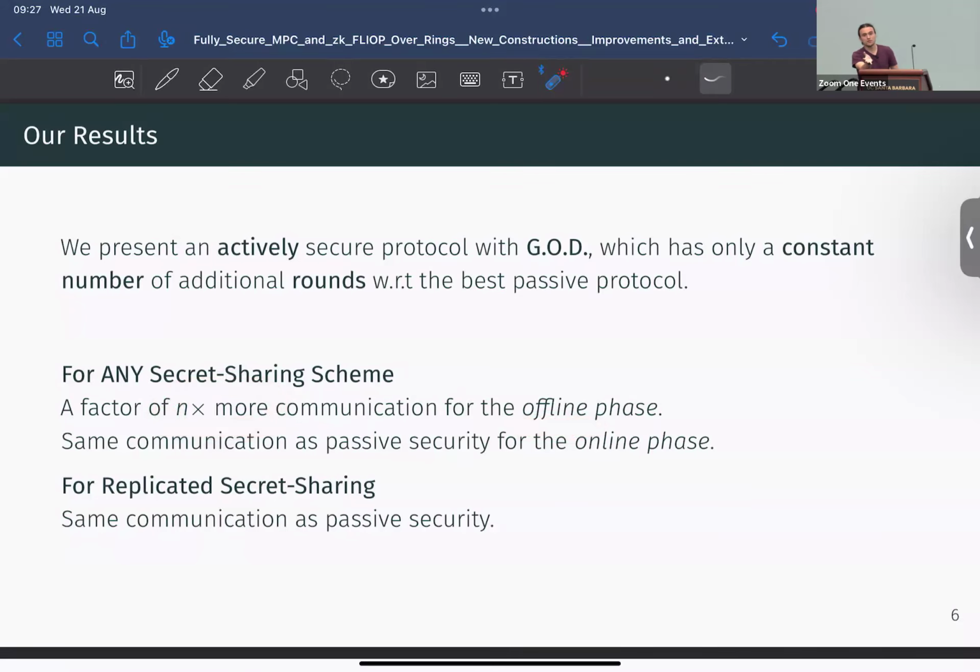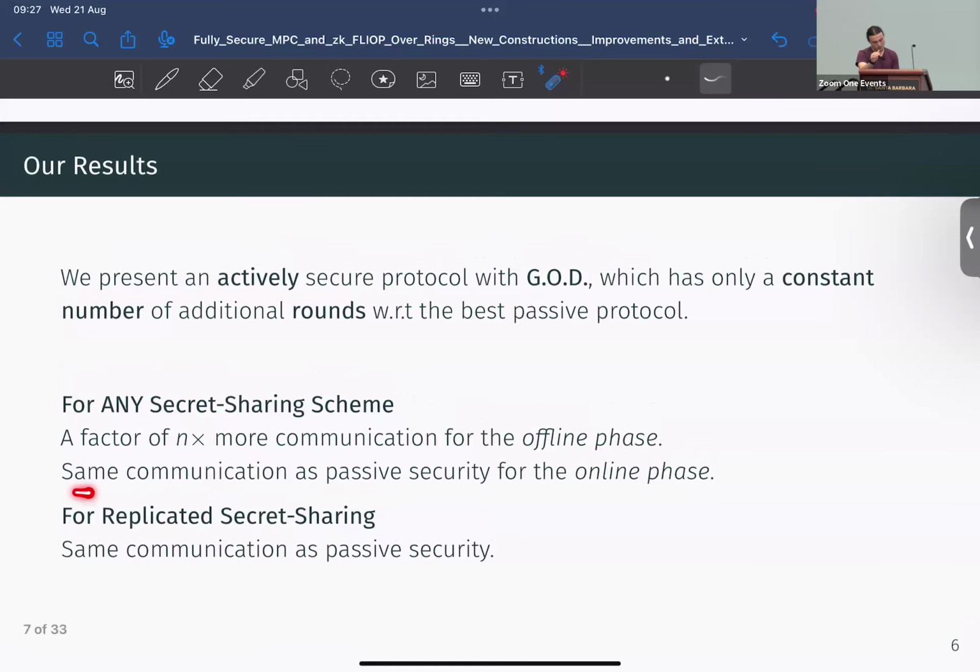You still need to run it anyway, so this is not a full answer, but at least we are able to get an online phase that actually has the same communication asymptotically as the best passive protocol. So we do leave open how to remove this extra factor in the offline phase. But again, once you address this, the number of rounds will be only a constant additive term extra, in contrast to other works where it is logarithmic in C.